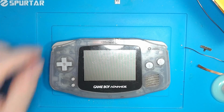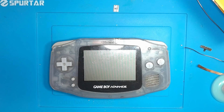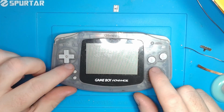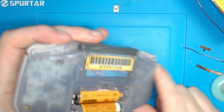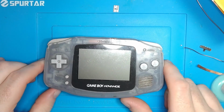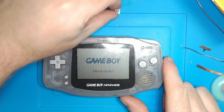Typically you don't need something like that unless you're running an aftermarket screen, as far as I know. I'm not exactly sure why. But what I suspect is happening is probably the capacitors are not great in here. They are 22, 23 years old at this point. So I'll be replacing the capacitors as well,